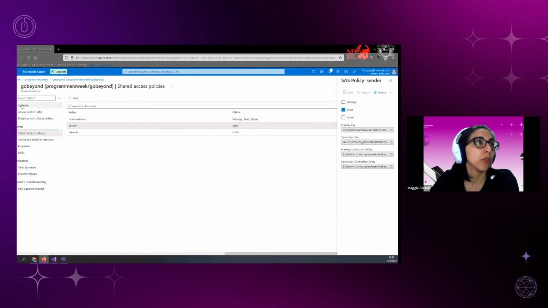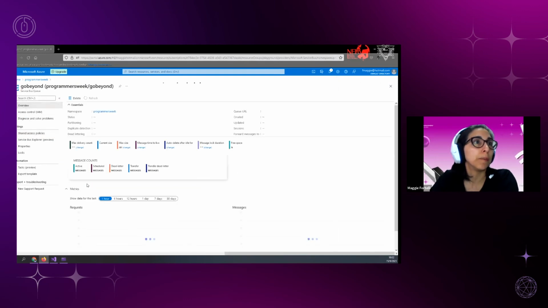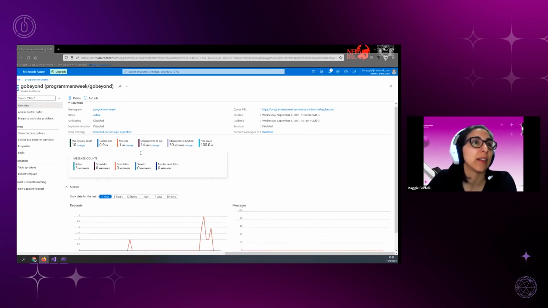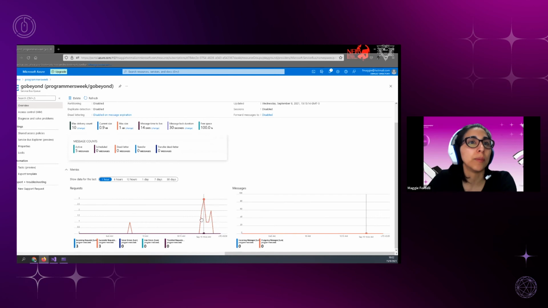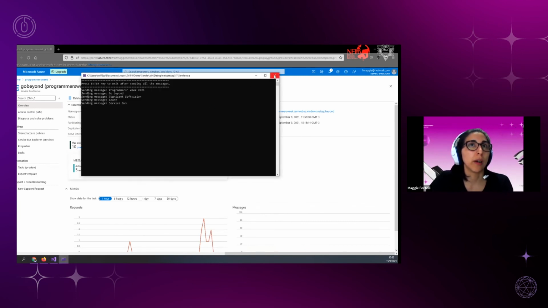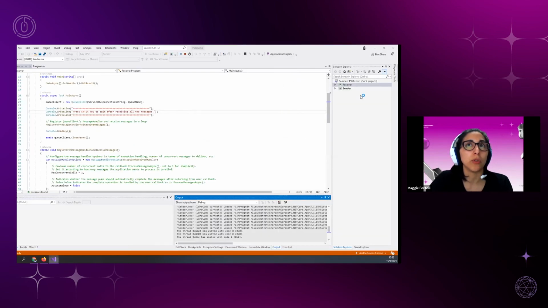Let's go back to the queue. And here we have our 5 messages that we just sent. The current size of the queue increased because we have some data. And yeah, we have a lot of space because they are really, really light. And you have here some graph. This changes according to the messages. So yeah, I'm going to stop this,